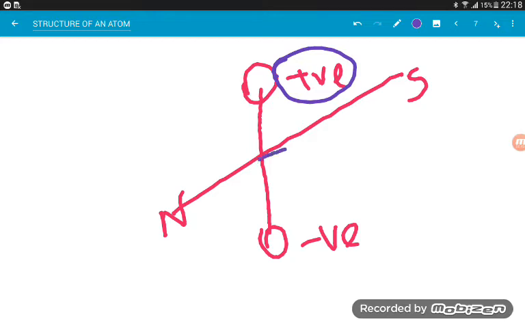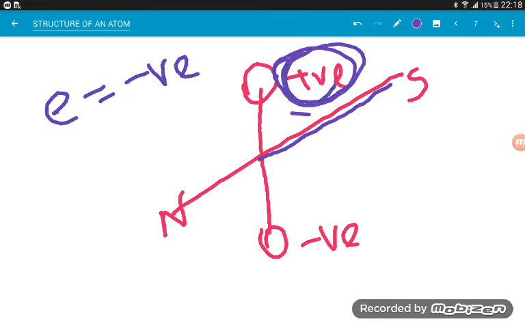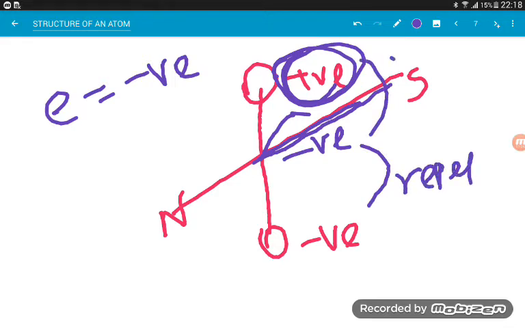charge, and we know that electrons are negatively charged, right? Electrons are negatively charged, and if you increase this particular thing, the electrons will obviously flow towards this, right? Because we know that positive and negative charges attract each other, and negative and negative repel, and unlike charges attract, right?